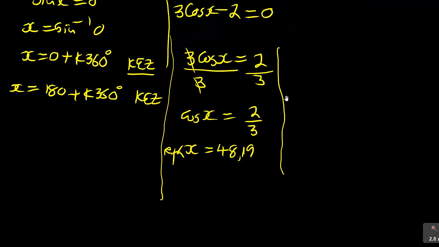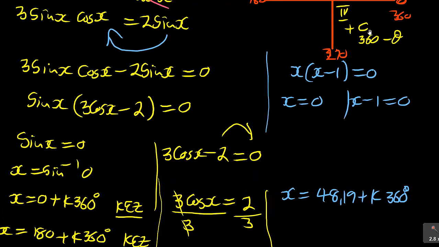So you come here now for the general solution of this one. You are going to say, using the reference angle, x is equal to 48,19 plus k 360 degrees. That's the first one. Or